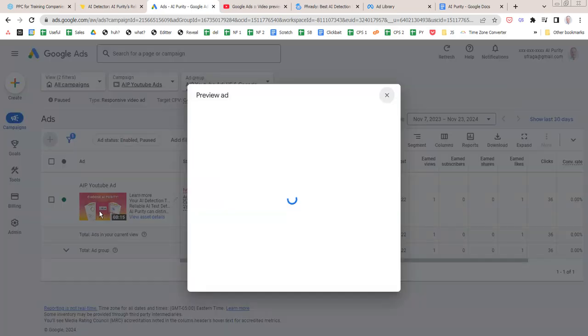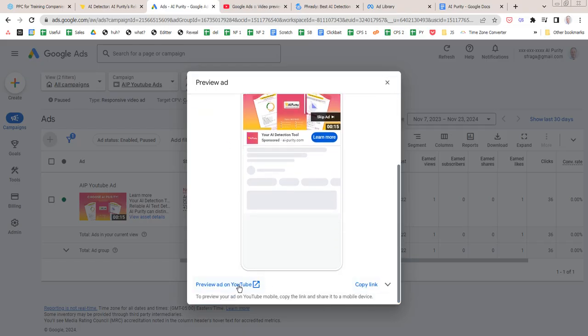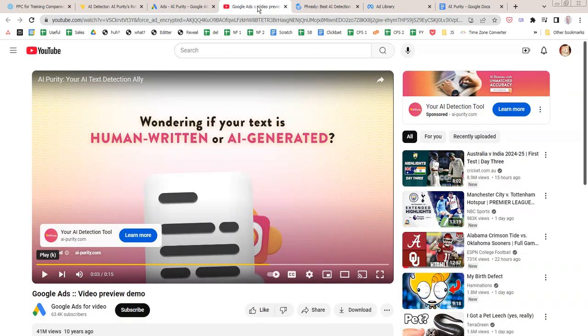And then the biggest problem is that the ad is not clear, unfortunately. So if I click on this, actually I already loaded it somewhere, but if you preview it on YouTube, I think it's right here. So this is your only ad, and just looking at it, it's not clear, right? There's no person telling me what's going on. And then I'm not wondering if my text is human written. I'm wondering if I'm going to get caught. If that's the reality. So if you play this, I'll turn the microphone around so you can hear it, but it's just not really clear what you're offering or who it's targeted at.